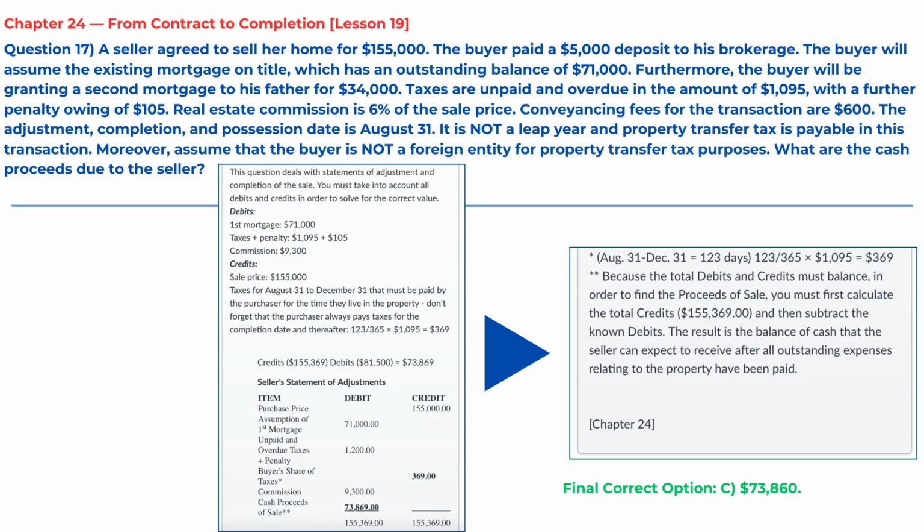Because the total debits and credits must balance, in order to find the proceeds of sale, you must first calculate the total credits, $155,369, and then subtract the known debits. The result is the balance of cash that the seller can expect to receive after all outstanding expenses relating to the property have been paid. Final correct option, C,